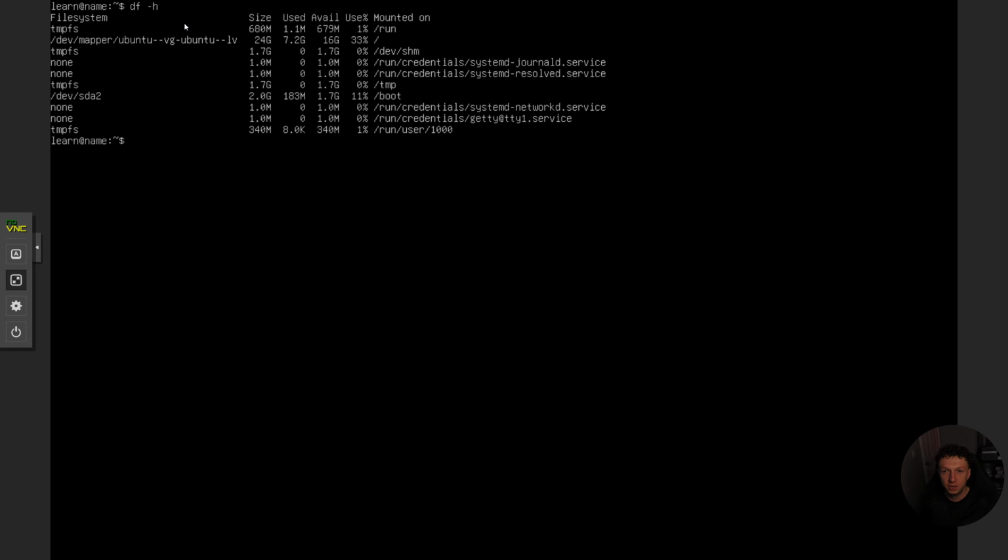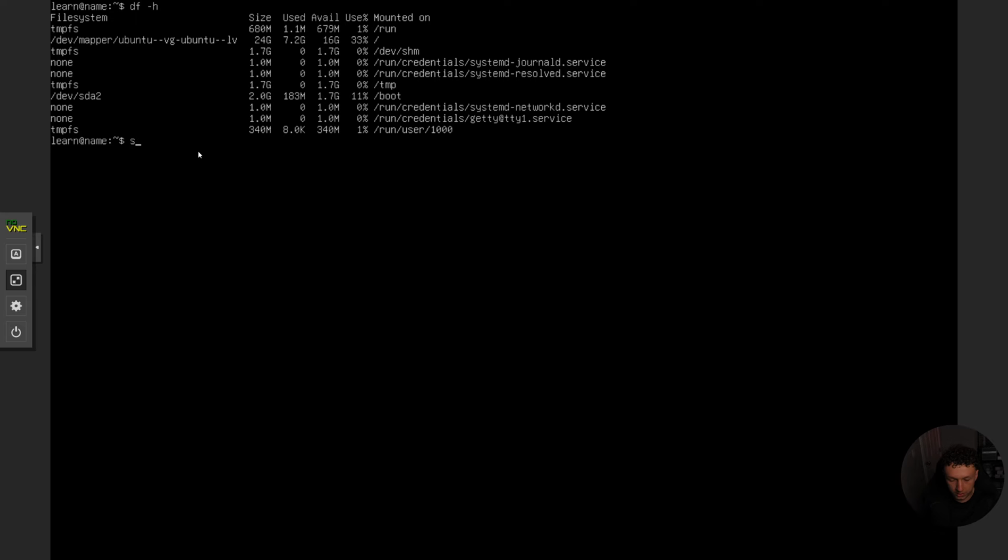So the next command we're going to do is df -h. If you do df -h, it's like the lsblk command, but it gives us a little bit more specifically of where things are mounted and their full path directory. So in our case, we knew we wanted to add storage to our ubuntu-vg location, but we didn't know the rest of that location. And it shows it now here for us, which is